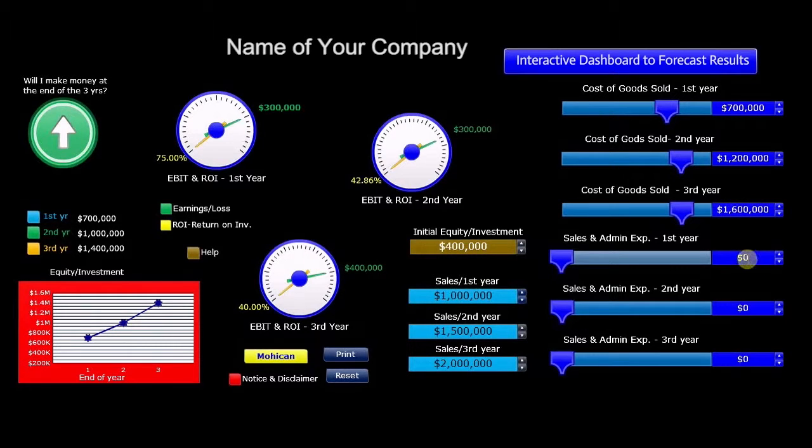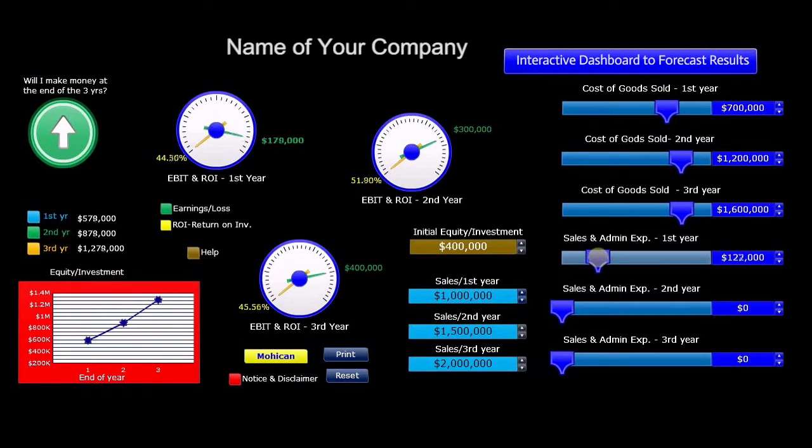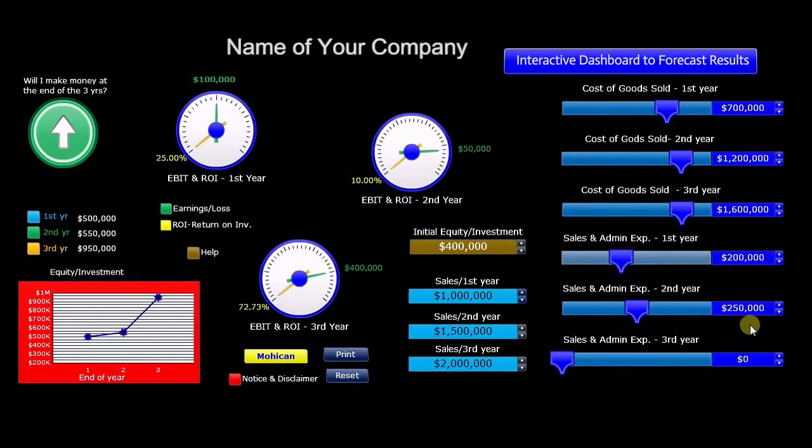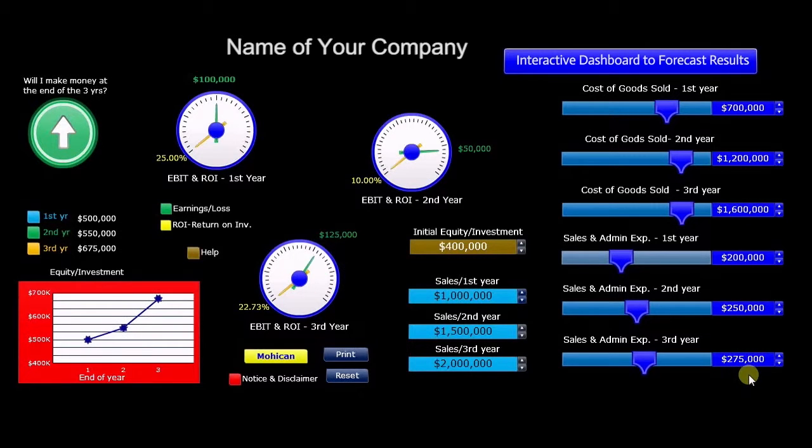We expect that sales and administrative expenses will amount to $200,000 the first year, $250,000 the second, and $275,000 the third year. As we can see, earnings for the first, second, and third years are $100,000, $50,000, and $125,000 respectively. Our ROI, on the other hand, is 25%, 10%, and 22.73% in the first, second, and third year, respectively. Equity at the end of the first, second, and third years amounts to $500,000,